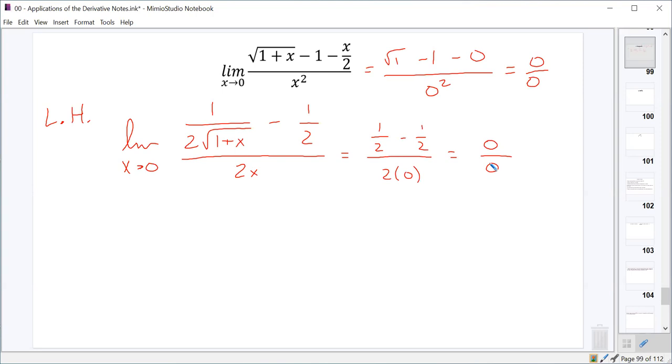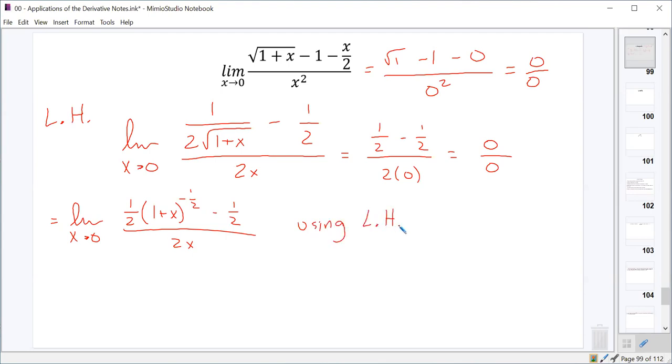So before we do that, it might be helpful to rewrite that just a little bit. We're looking for a limit as x approaches 0 of 1/2 of 1 plus x to the negative 1/2 minus 1/2 all over 2x, just so that it's in a form that makes it a little bit easier to take the derivative. And we'll say using L'Hopital's rule again,